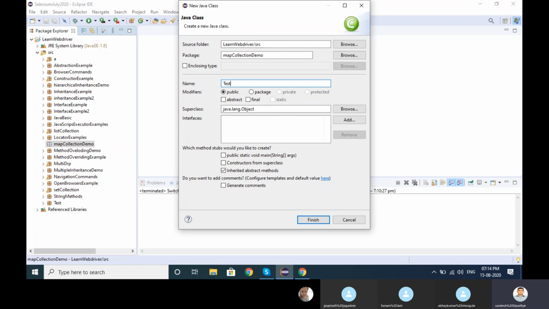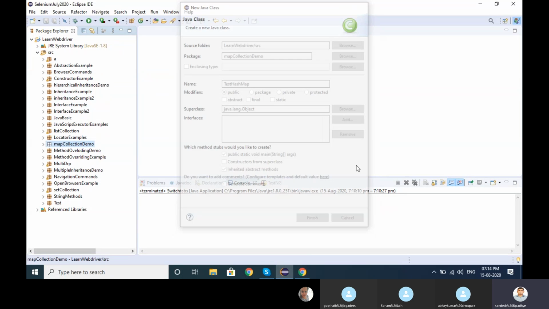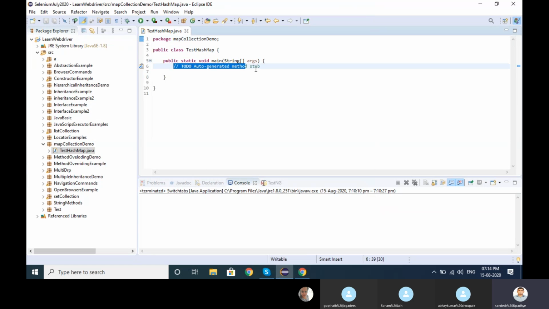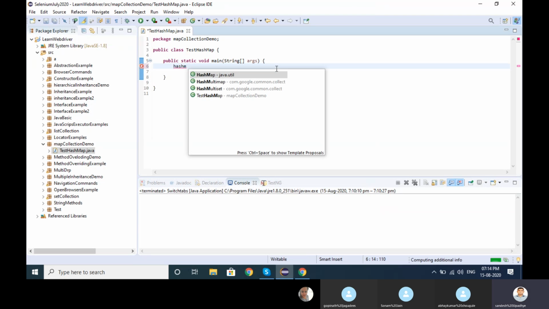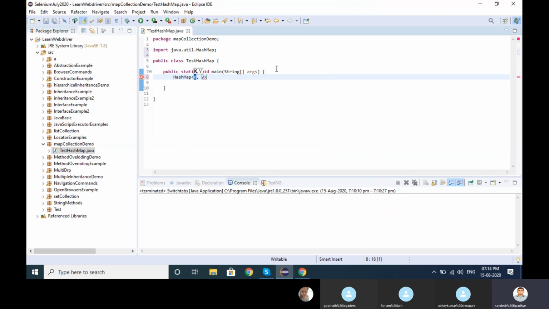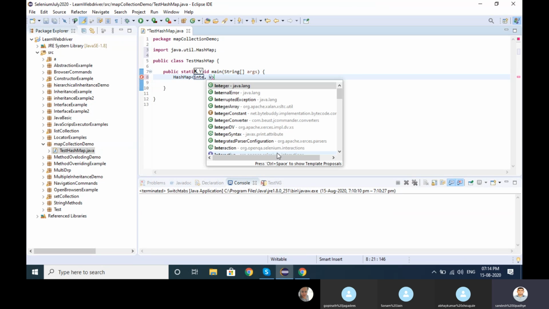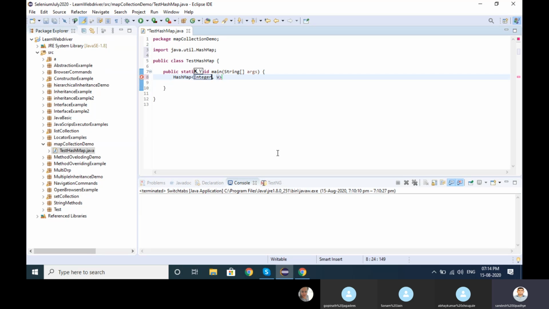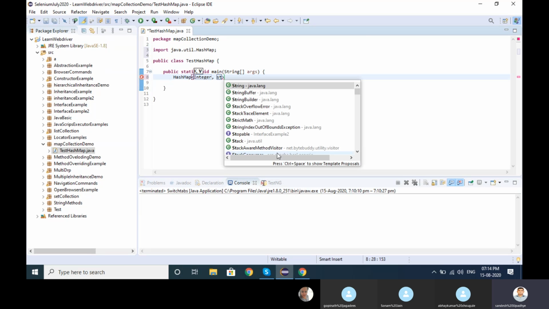Let's take one test hash map. Hash map. If you see here, it's already saying key and value, and here you can take whatever generics you want, integer and string.